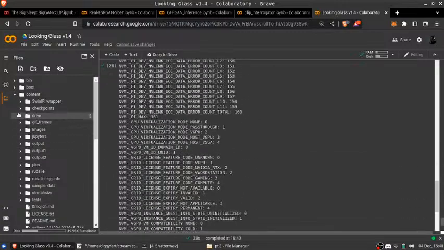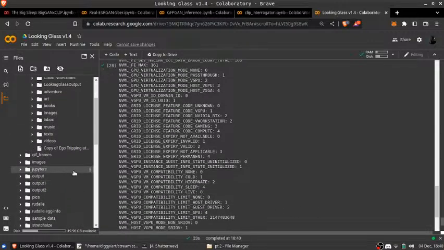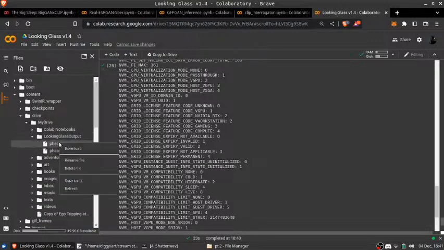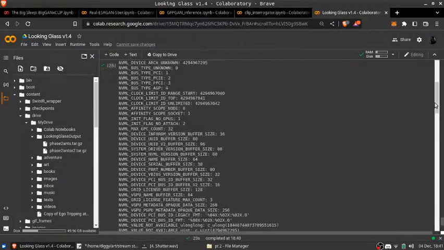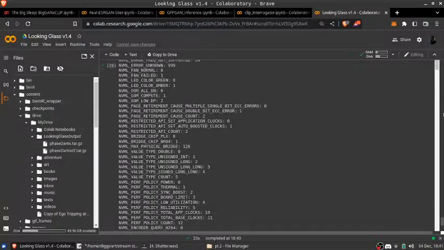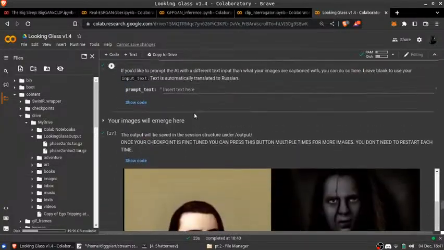So you can drag files from your drive into the file tree and vice versa. And sometimes you might want a file path from your drive and put it into a notebook somewhere. So that's how you do that. You just right click, you find your file, copy path, and then you would put it in wherever. There's no place here for a file path, but you would do like